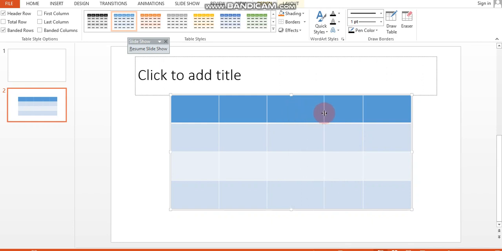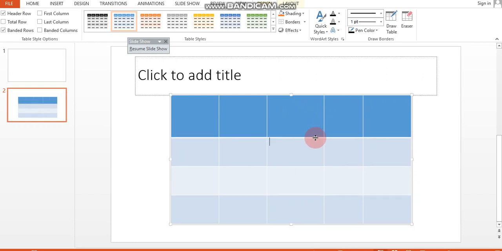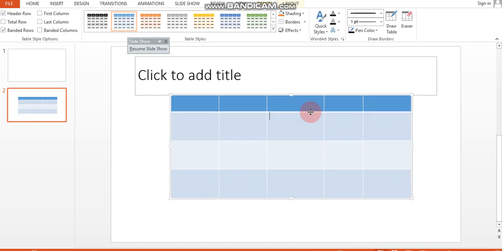If you come here in the horizontal, it works this way, and it will increase or decrease the height of the row. So the horizontal double headed arrow will increase or decrease the height of the row, and the vertical double headed arrow will increase or decrease the width of the column. So this way it works.